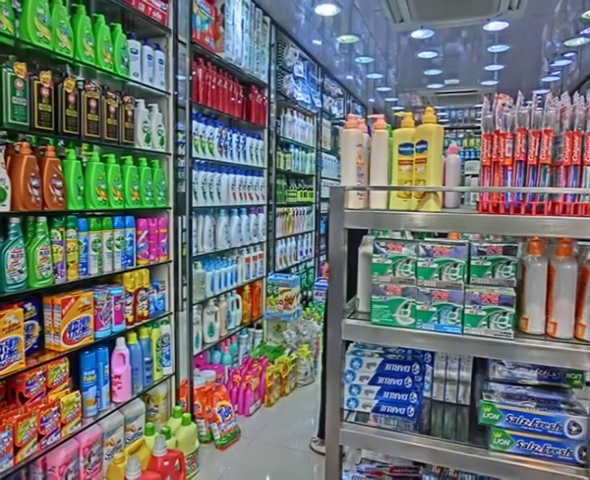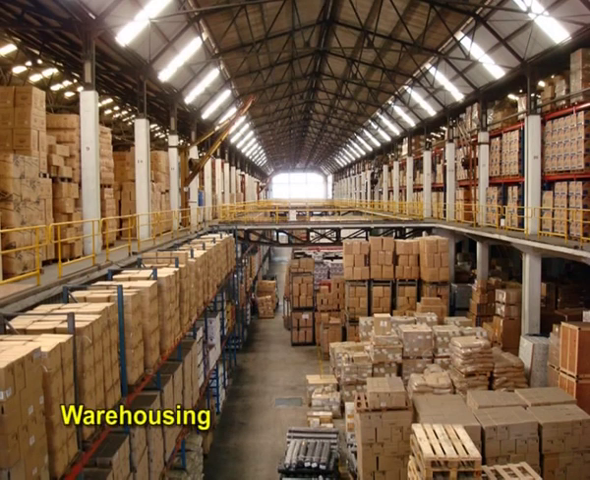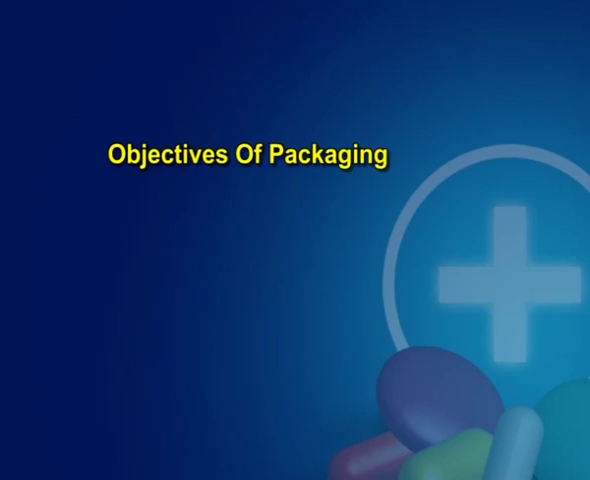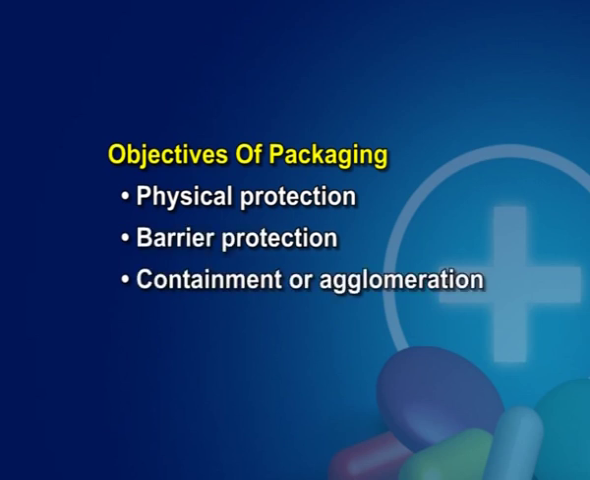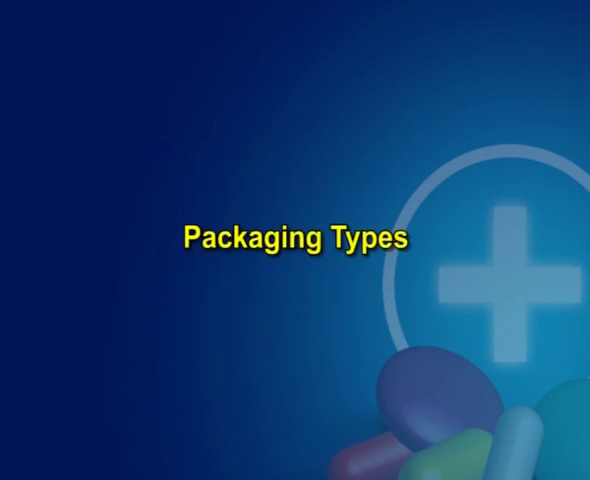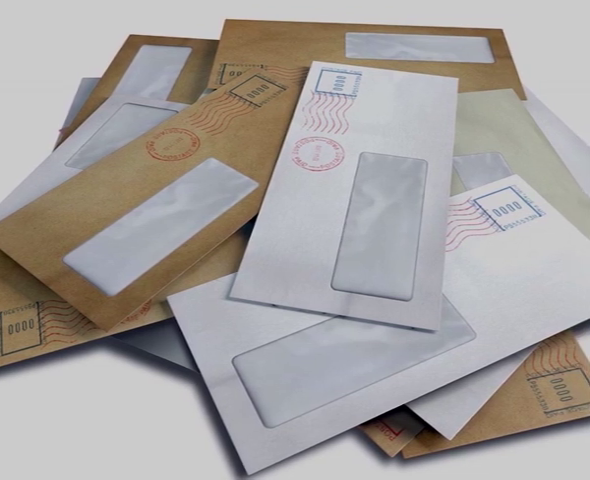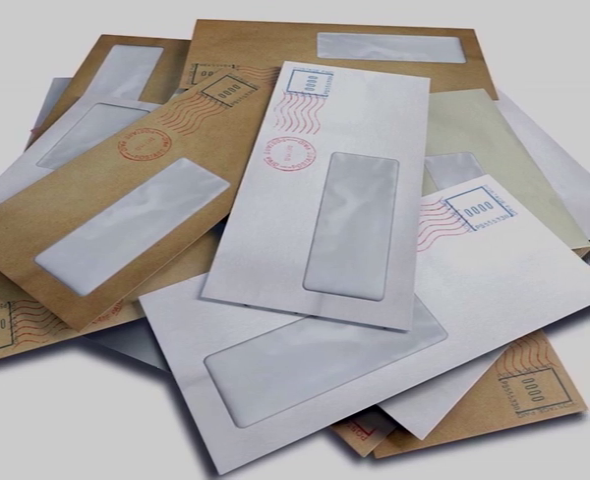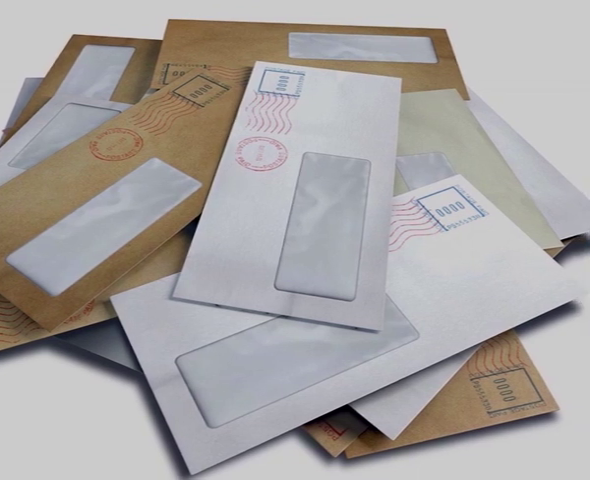Packaging can be described as a coordinated system of preparing goods for transport, warehousing, logistics, sale, and end use. Objectives of packaging: physical protection, barrier protection, contamination or agglomeration, security, convenience. Packaging types. Primary packaging is the material that first envelopes the product and holds it. This usually is the smallest unit of distribution or use and is the package which is in direct contact with